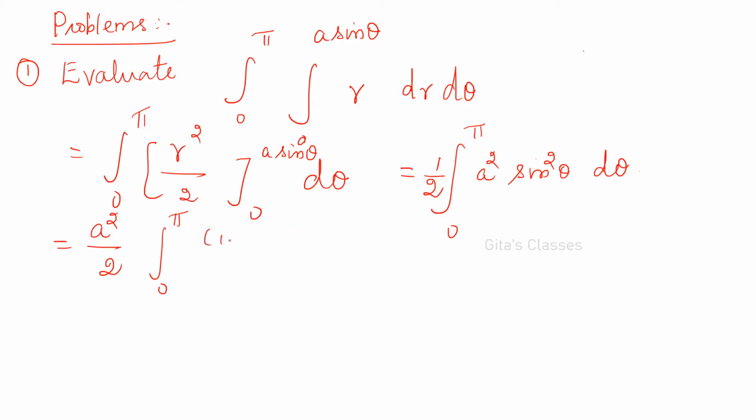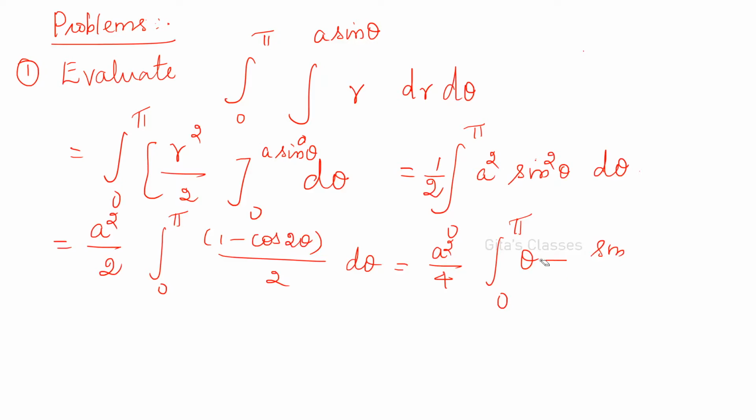I can write it as 1 minus... Whenever you have power 2, if it is 0 to pi by 2, you can directly substitute the formula, that is using the gamma function. Otherwise you have to expand it. So 1 minus cos 2 theta divided by 2 into d theta. I am taking this 2 also outside, so it will become a squared by 4 into integral 0 to pi, you have theta